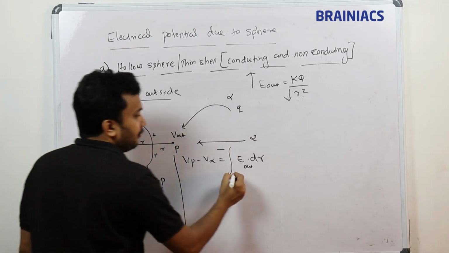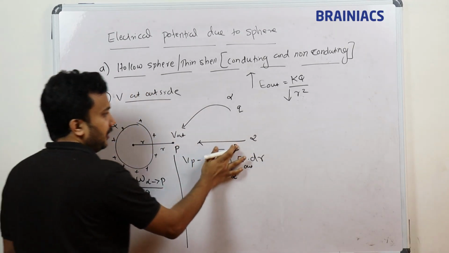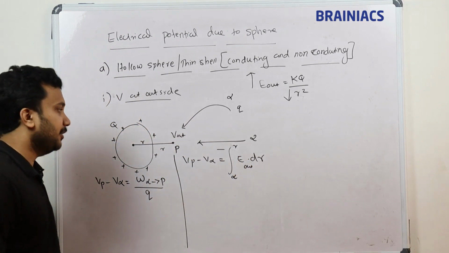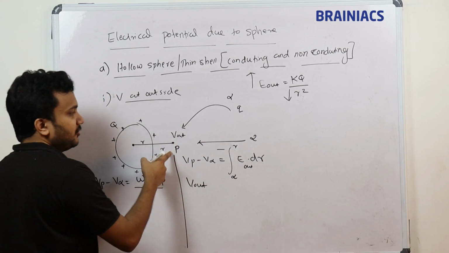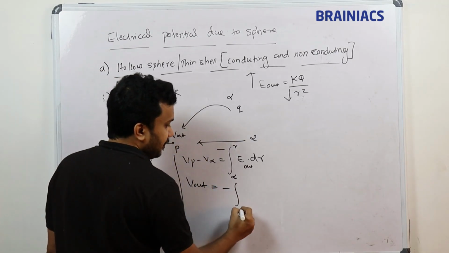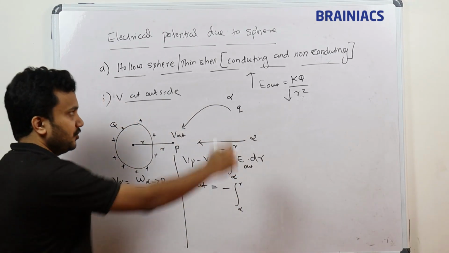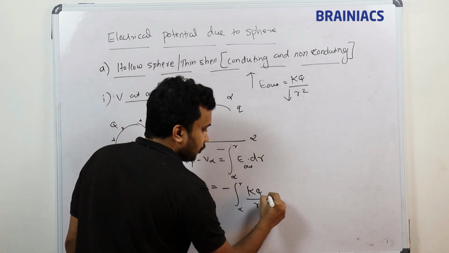We are moving from where to where? Integral from infinity to P. P means the point at a distance of R meters away. So the potential at P, which is also called V out, minus the potential at infinity, which is equal to 0, is minus the integral from infinity to R of the electric field intensity at the outside, the same formula I have written, KQ divided by R square, into